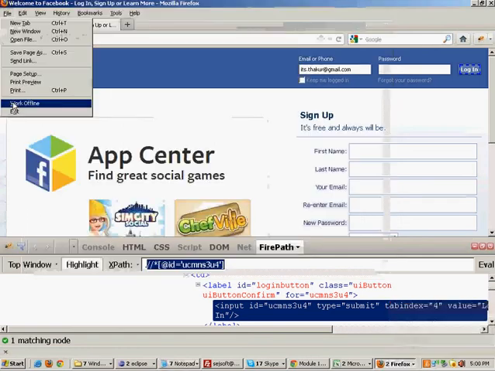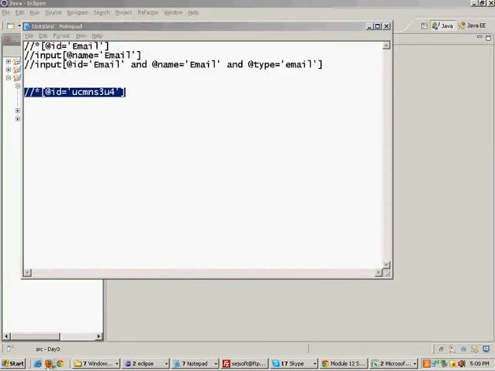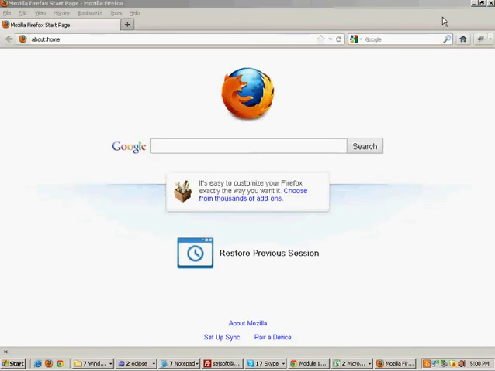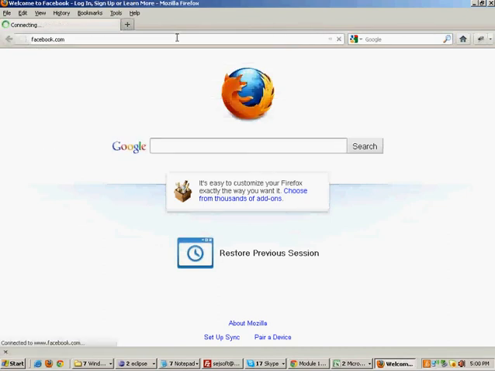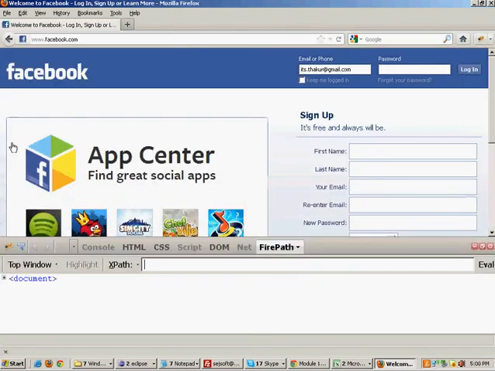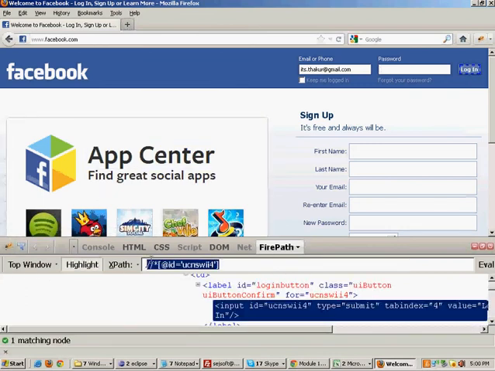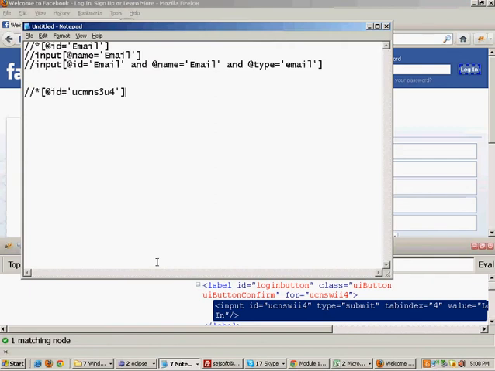Now, if I close my browser and open a new browser, and again I move to facebook.com and I look at the XPath of the login button, then this is the XPath. Now, if you observe carefully, then the XPath has changed. The ID of this element is changing every time you land on facebook.com page.